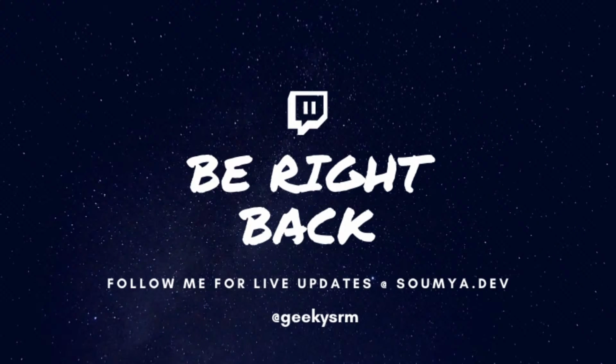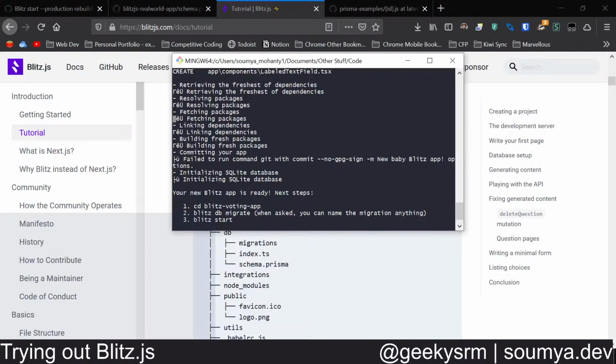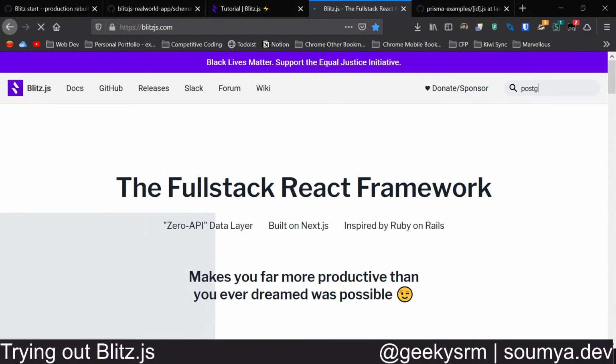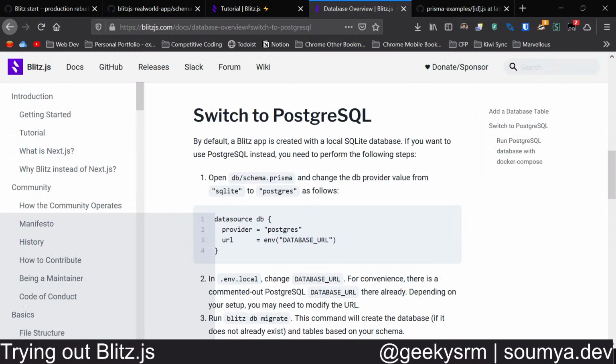So finally, our app is ready. By default it's a local SQL database. If you want to use Postgres,